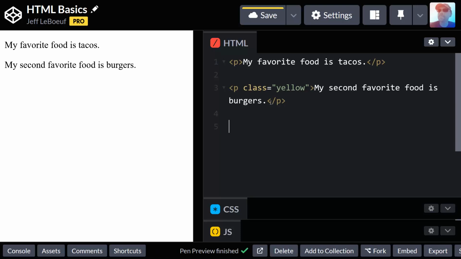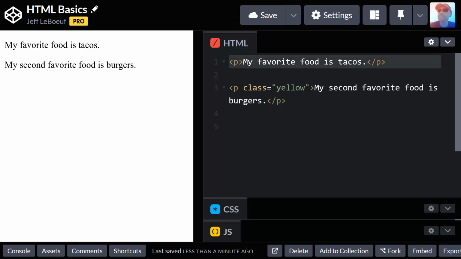The next thing that we should talk about is how do you nest elements? So these are two patterns here. We have how do we open a tag and close a tag? How do we add an attribute? And then the third pattern I want to talk about is called nesting elements. So nesting elements is where we have elements inside other elements. So if I copy this line up here